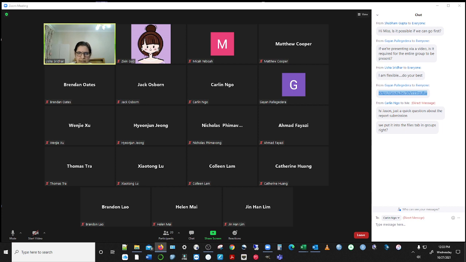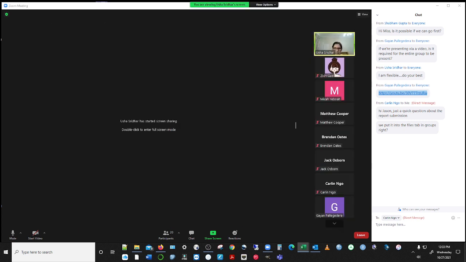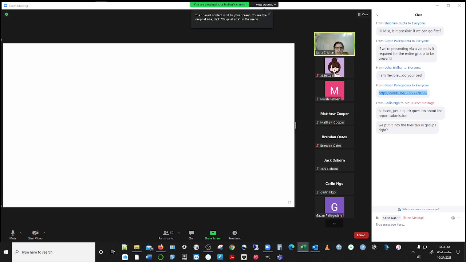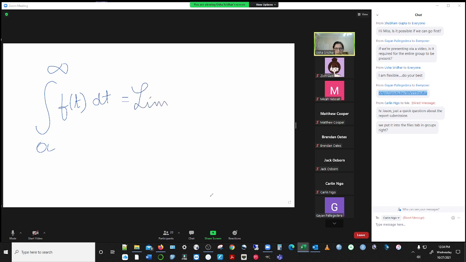But definitely not in the books, but elsewhere. Okay, I just want to share something very quickly. I know that this is not lecture time, but if you have an integral from some finite number a to infinity of some function, then this is technically a limit, not infinity. Okay, so it is a limit as b